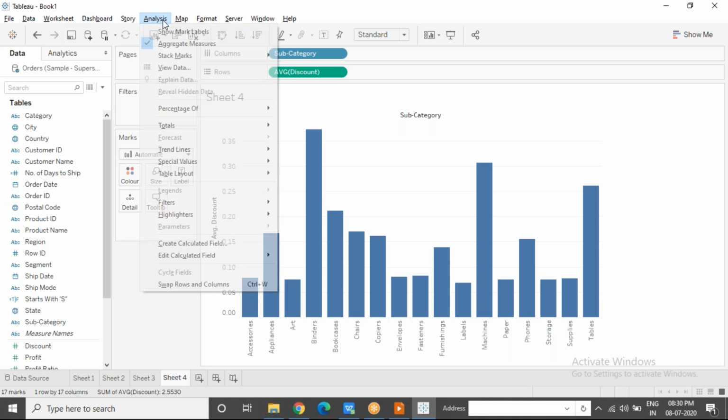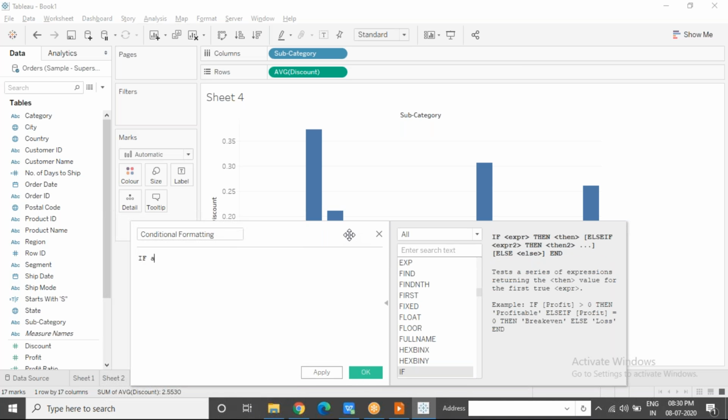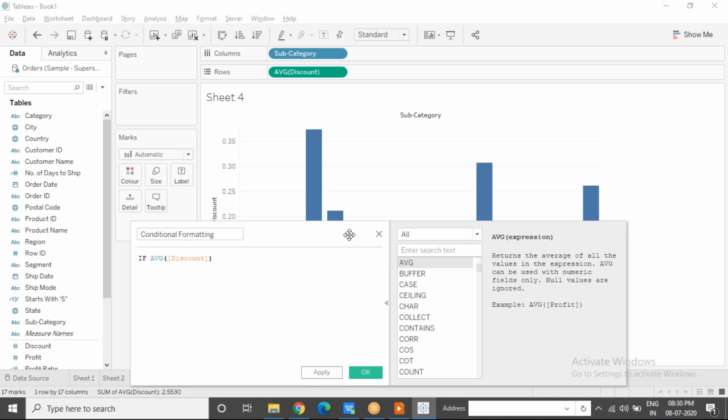So I will go to the analysis menu, choose the option to create a calculated field. I want to segregate them into three types depending on their average discount. So I'll call this conditional formatting. You can also call it spotlighting. And what we will write is: if the average discount is greater than